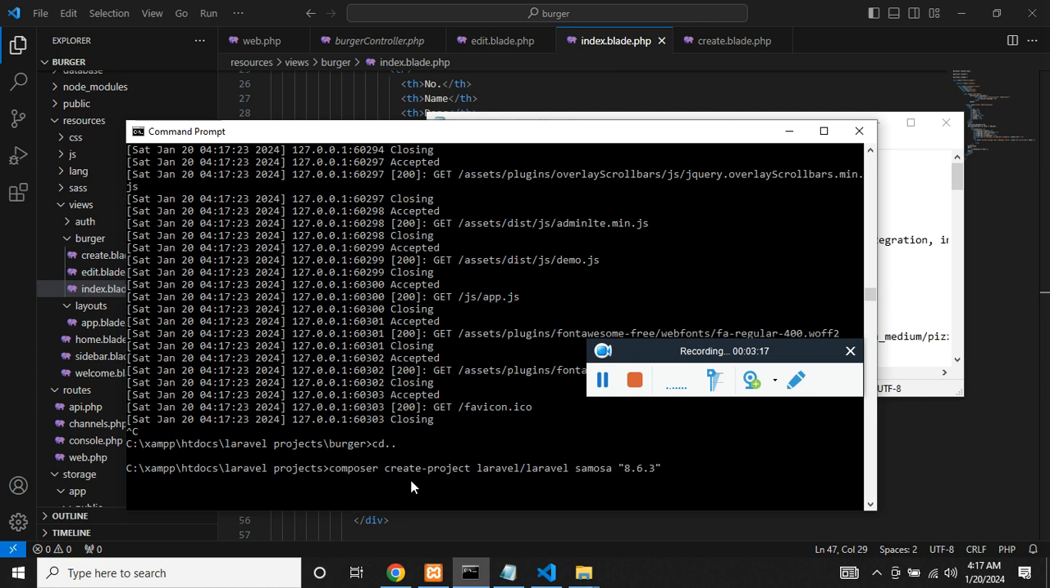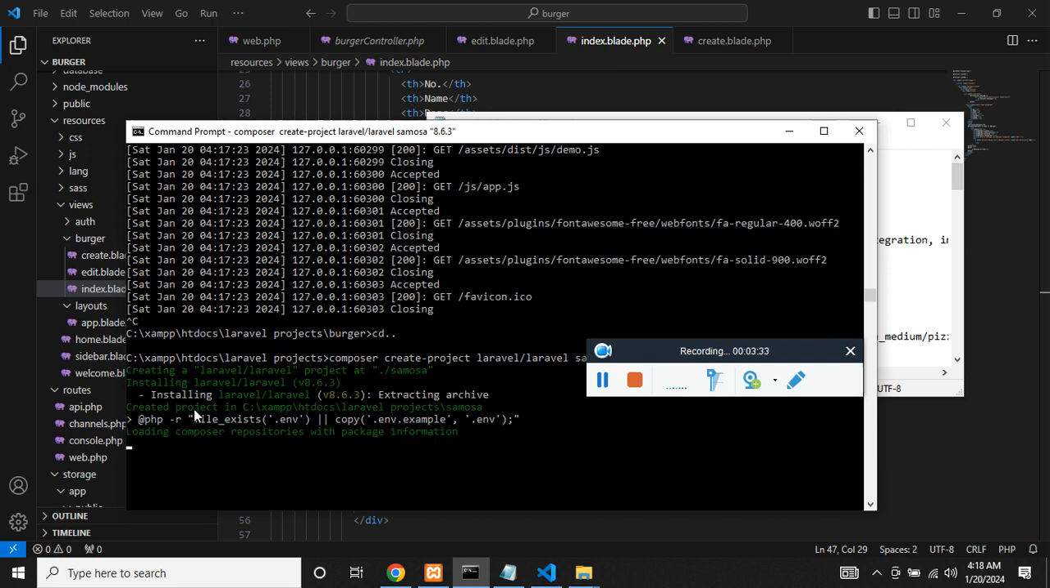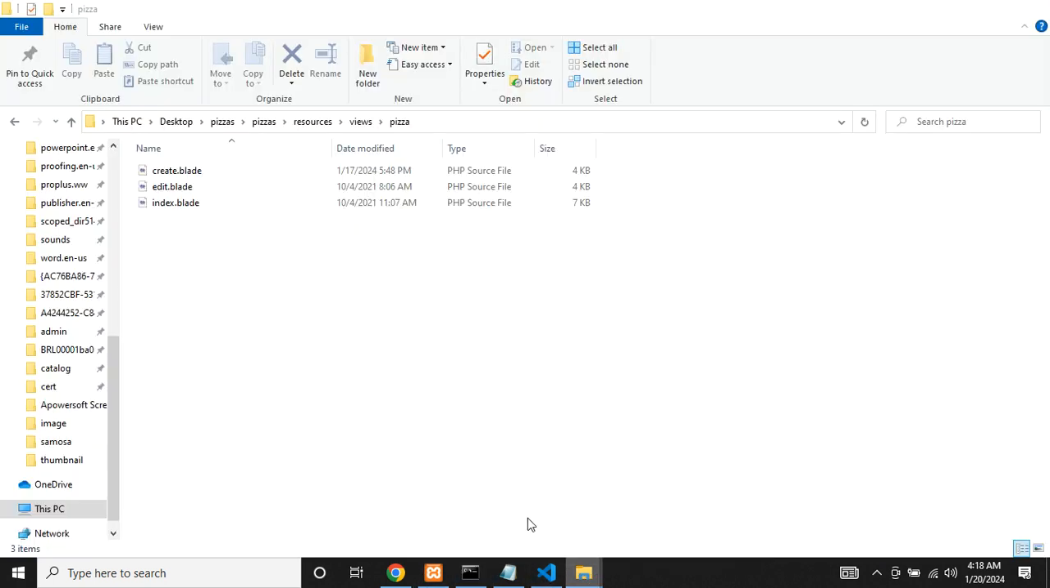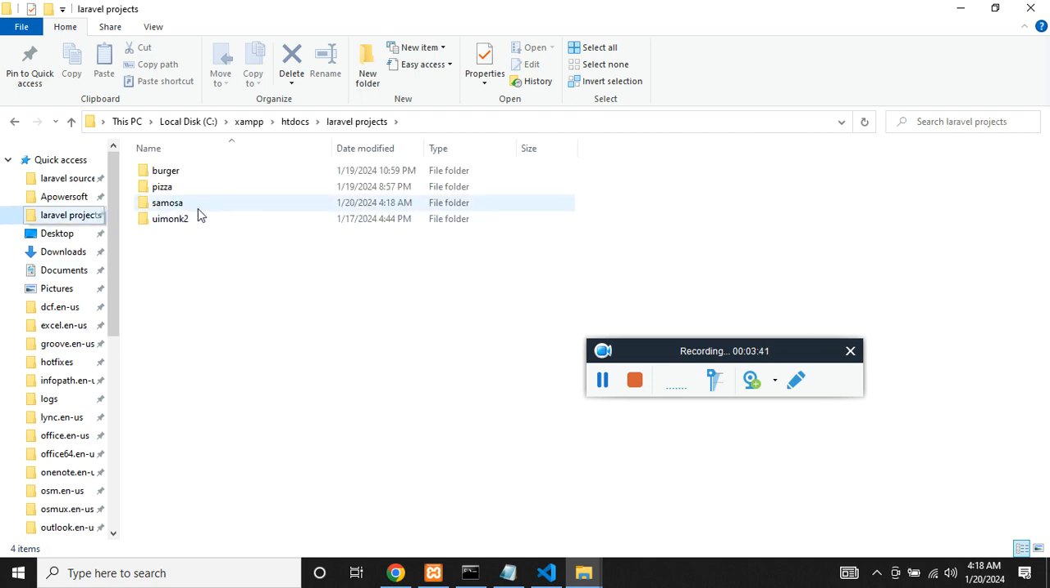I'm telling the composer to create a project and download the Laravel package and name it samosa, and this is the version of Laravel that needs to be downloaded. At present the Laravel version is 10, but I'm sticking to 8.6, which is the stable version. And now you can see it's going to install in my system by downloading it. Now in the Laravel projects you will see a new folder called samosa, which was created right now. You can see the time as well. Let's wait till